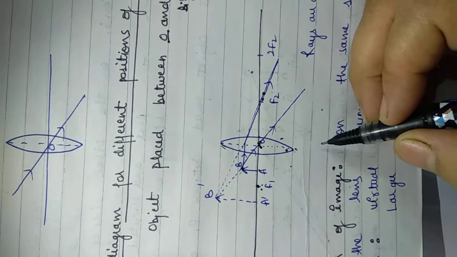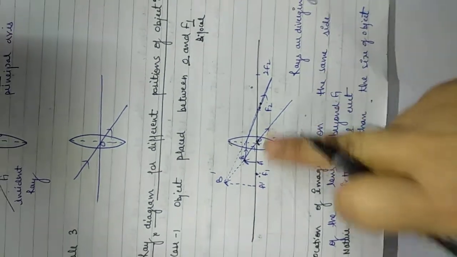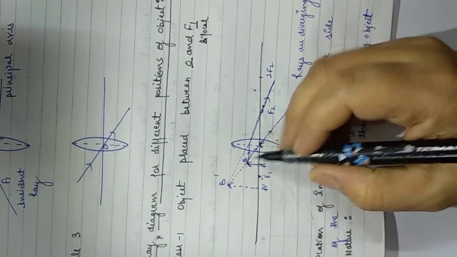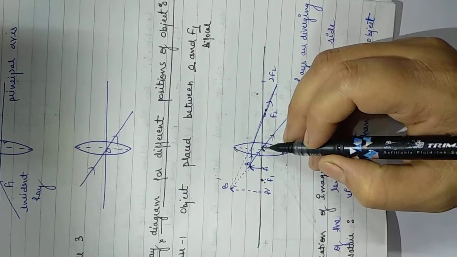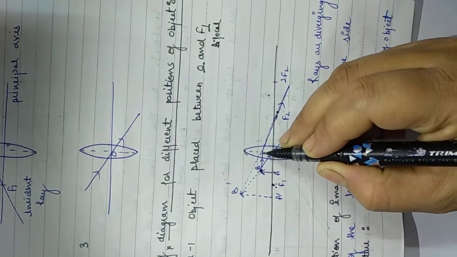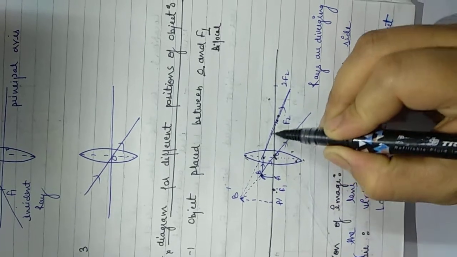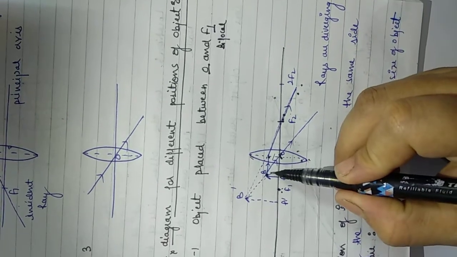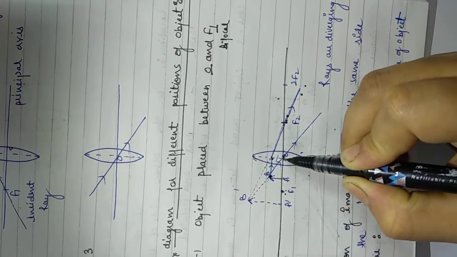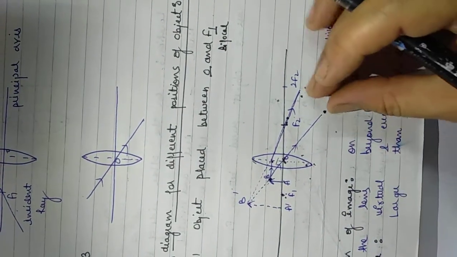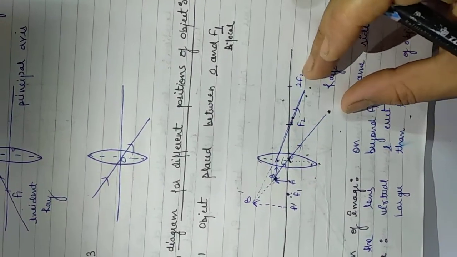Now, we need to find out what the characteristic of the image formed by this kind of lens is in this situation. Out of the three rules which we have discussed earlier, we can use any two rules to draw the ray diagram, because for drawing the ray diagram we need only two rays. We use the ray which is parallel to the principal axis. After refraction it will pass through the focus, so we pass this ray through the focus. The second rule I have used is the ray which is passing through the optical center; after refraction it will pass undeviated.